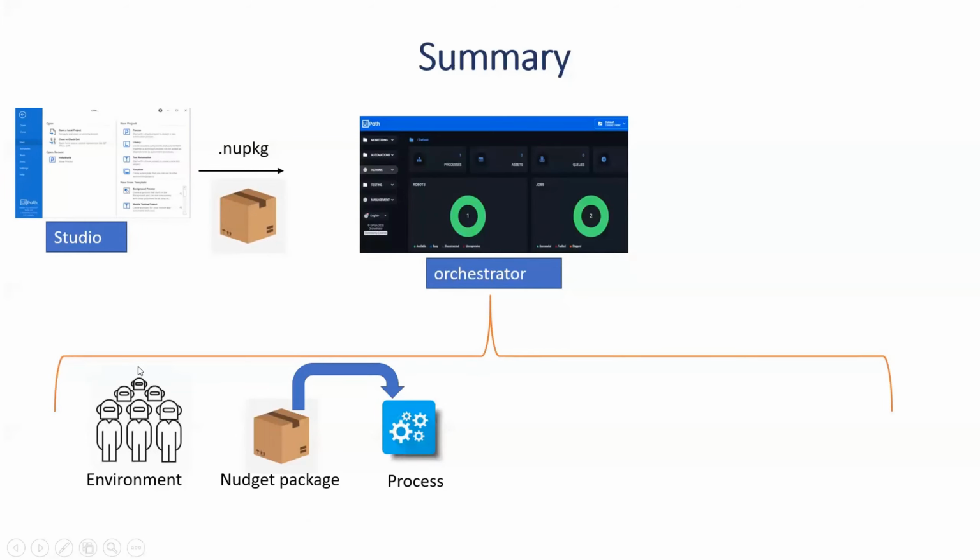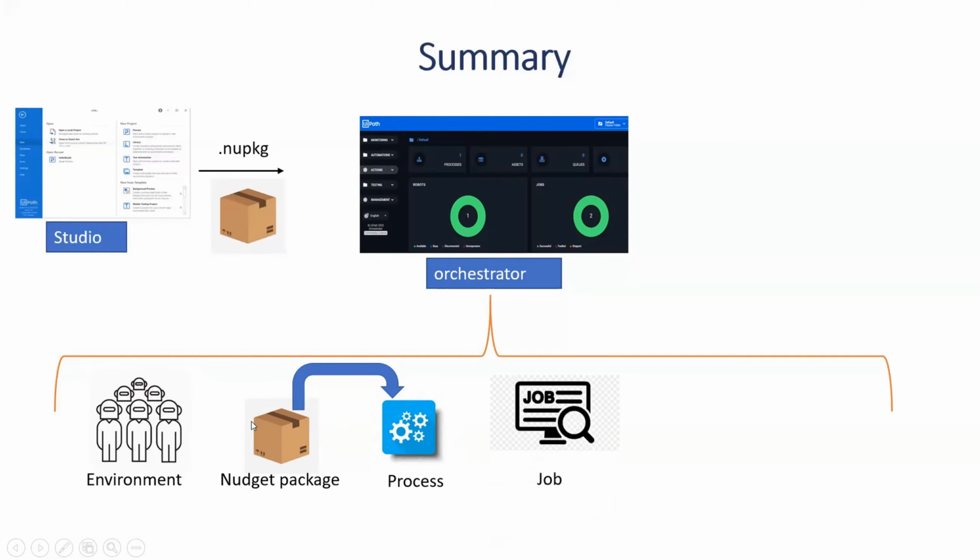So I'll tell you, first we go and create an environment, right? Next we create a process. Now what is a process? Whatever nugget you have deployed from the Studio is a process. So assuming that we have written a program for Hello World, Hello World will be a process now in Orchestrator. So for this environment, this will be the process.